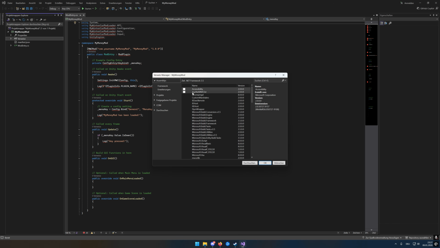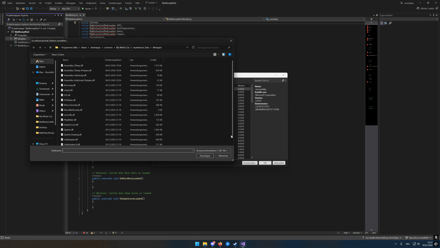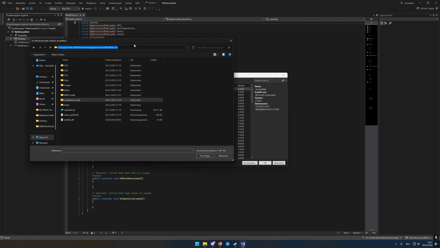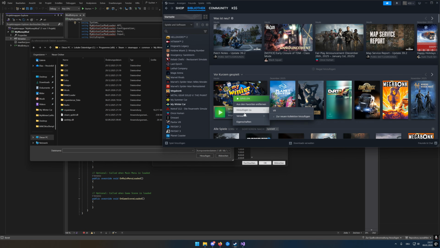It should look like this for you, and you will click on search or explore. I don't know the term in English. Again, I'm sorry. And now you will need to navigate to your game files. I don't know where your game files are, but you can find it out really quickly. Go into Steam, right click My Winter Car, go to Manage and browse local files, and